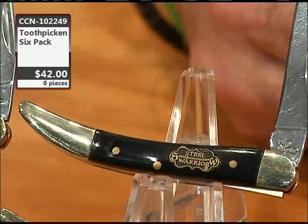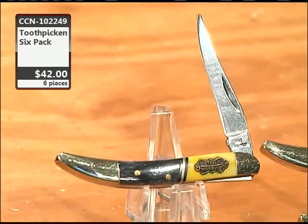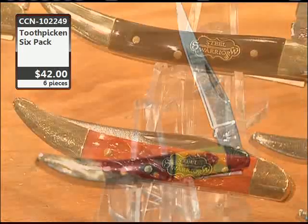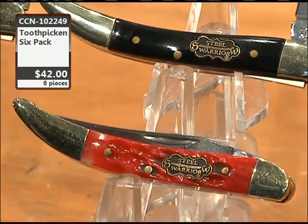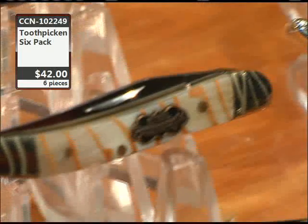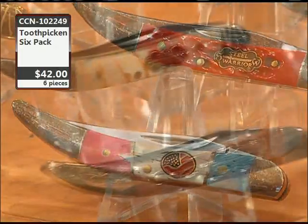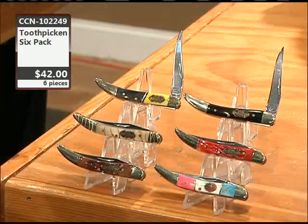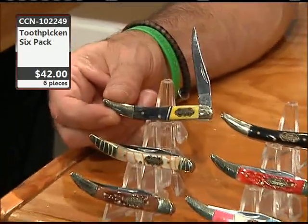$42 on a Steel Warrior little Texas-style toothpick that's in buffalo horn. We brought back the split bone. Now, this first came about, the black and the yellow bone, probably around 2006 or 7. We have red bone, and red, white, and blue bone. There is the tiger stripe that is going to be done on ox horn on that Steel Warrior little Texas toothpick. Red, white, blue with the American flag shield. And then we have what I reference as an old classic antique brown bone. But the old bumblebee bone,